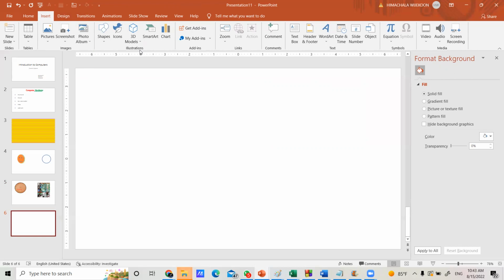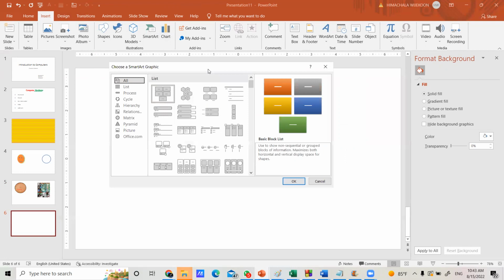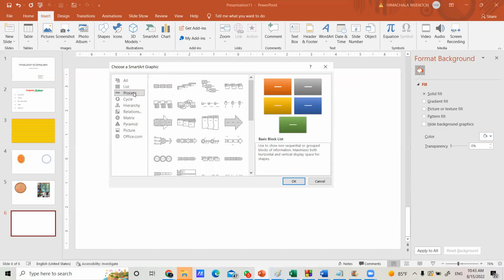In the Illustrations group, in the right corner, there are these two options, SmartArt and Chart. First, click on SmartArt. Now you can see the SmartArt gallery. The SmartArt gallery has some categories. All of these SmartArt are available under the All category, but they are categorized according to their usage: list, process,